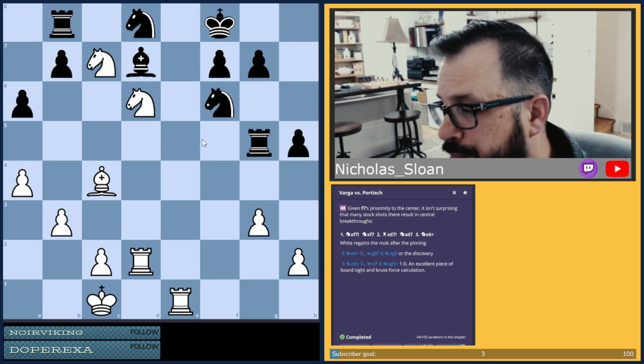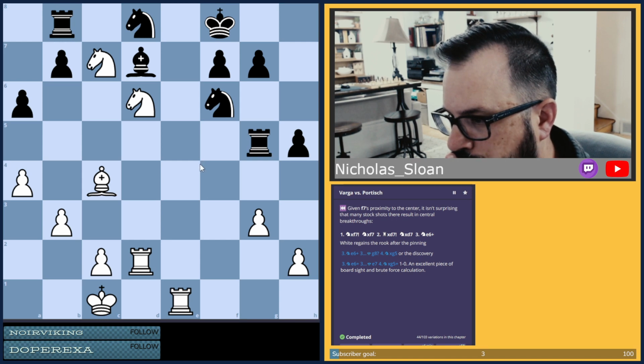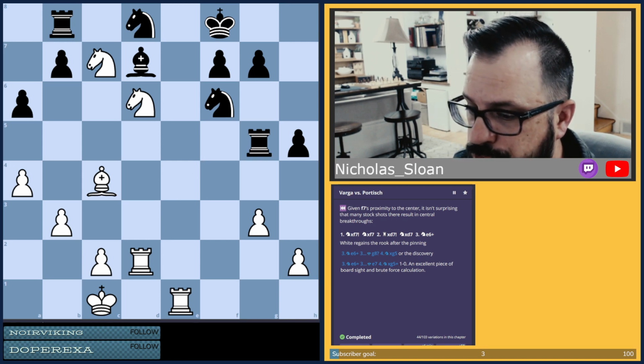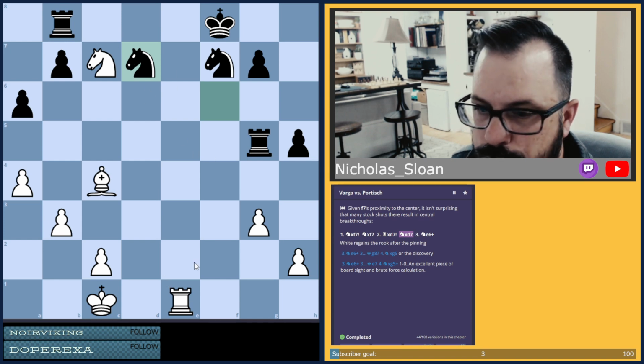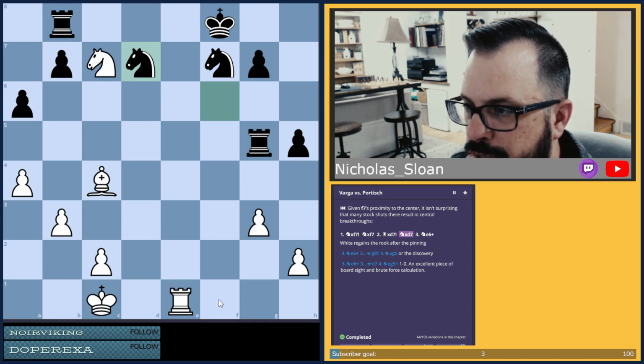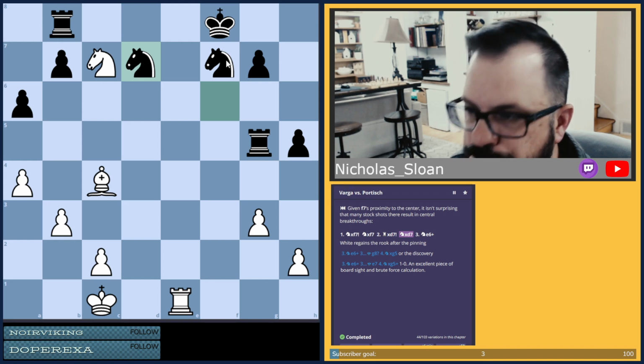But sometimes figuring these harder puzzles out, you only need to catch the first part. So I saw this, and I didn't see the knight takes until I was in this position. I saw the pin. What I didn't see was the knight coming back to f6, blocking me being able to take the knight.